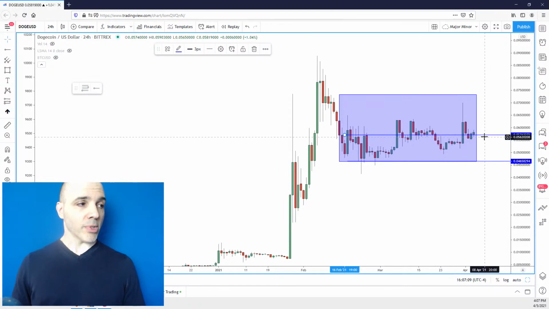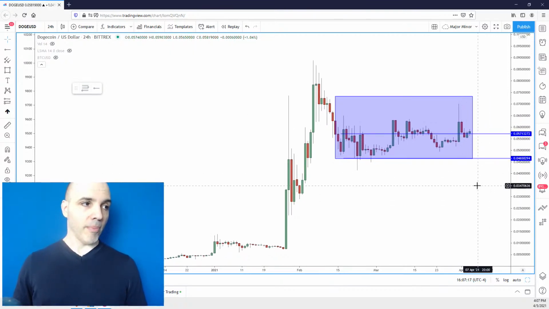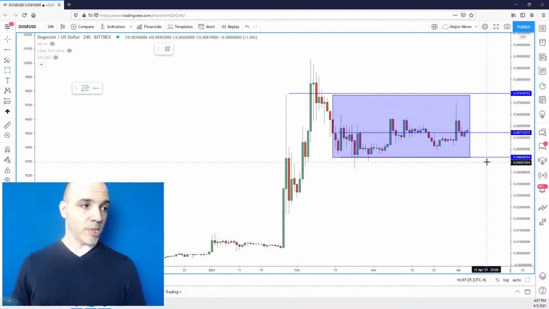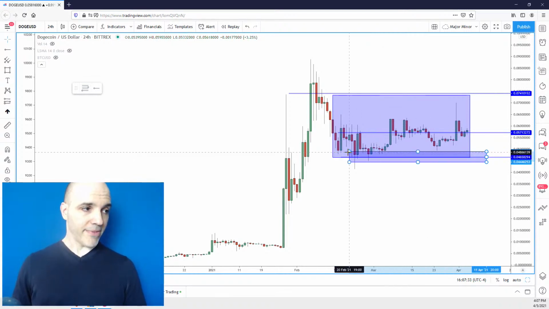Now, as far as the middle of the range goes, anything can happen here. It's 50-50. It might go higher, it might go lower. The chart is not going to help me with that, and there's no advantage to buying it in the middle there, right? There's no probability in my favor. So I would wait, if you're interested in this coin for a smaller time frame trade, wait for the range low, which is around 5 cents, okay? Around that area here. Mid fives, high fives maybe, something like that.